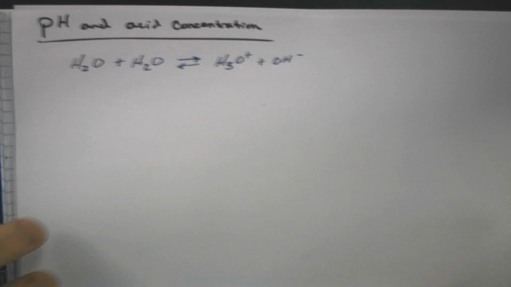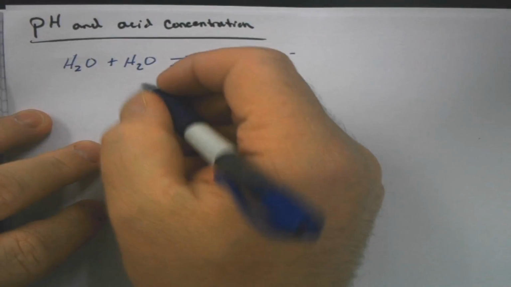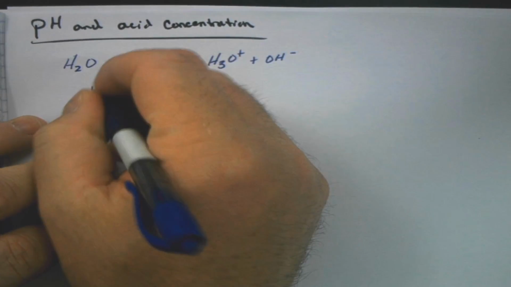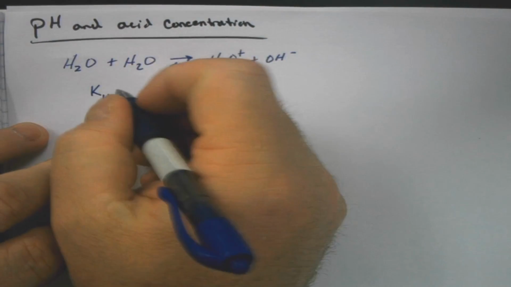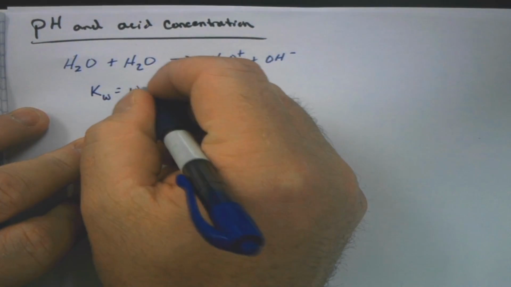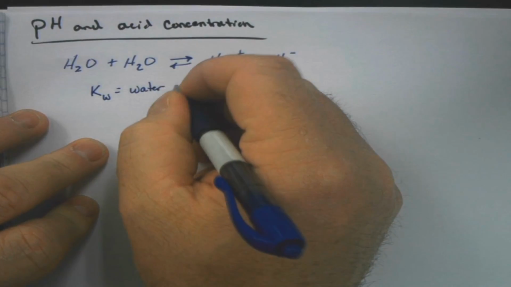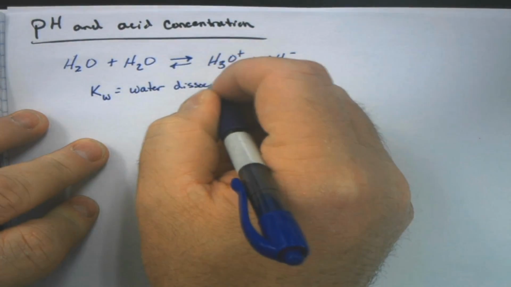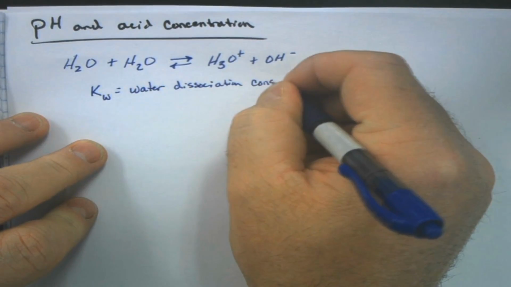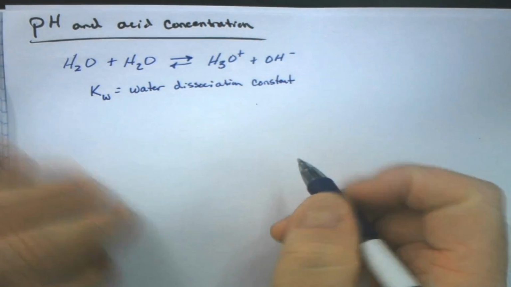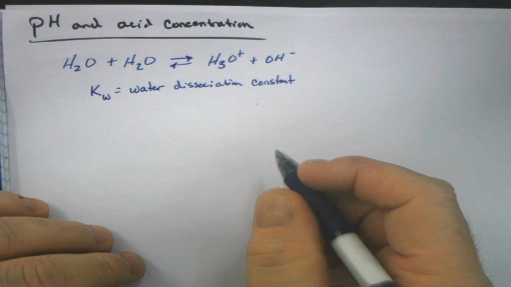that we can take our concentrations and put them into this construct where we have an equilibrium constant. And this one is going to be specific for water. In fact, it is called Kw, and this is the water dissociation constant. All right, and this Kw,